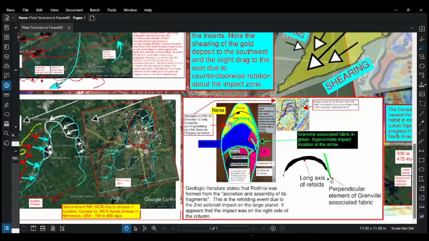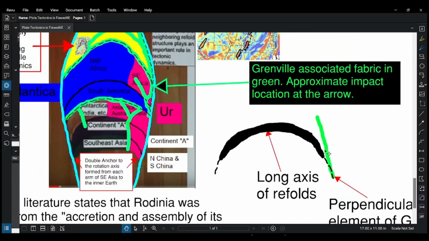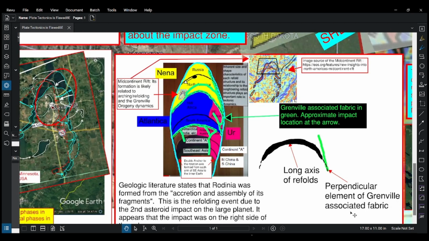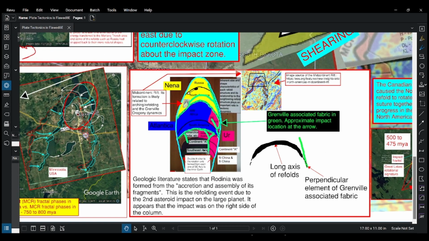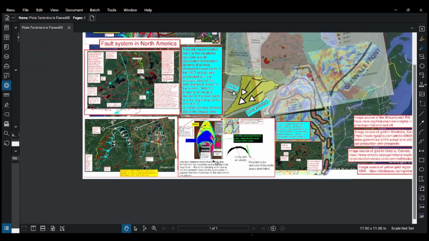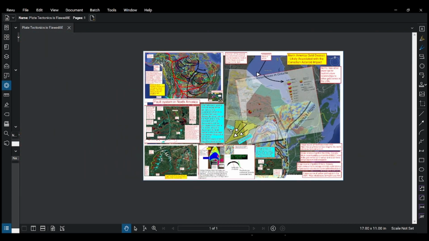See this, this is the perpendicular element of the Grenville associated fabric, and here's the long axis of the refolds. So here's the refolds here, these 7 subdivisions, 1, 2, 3, 4, 5, 6, 7. Southeast Asia ended up with its legs hooking into the middle of the earth. Okay, so basically